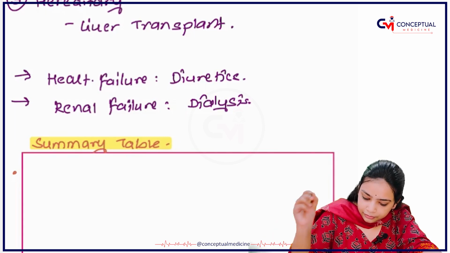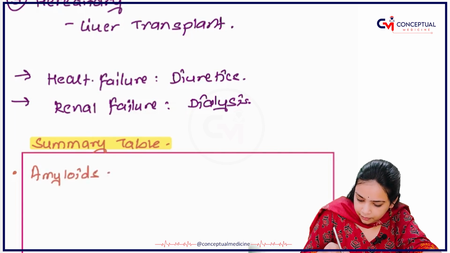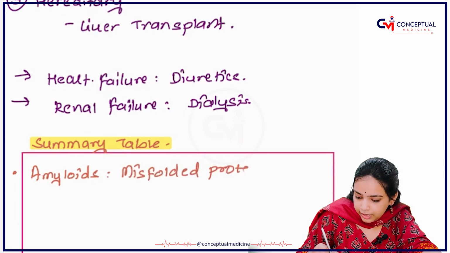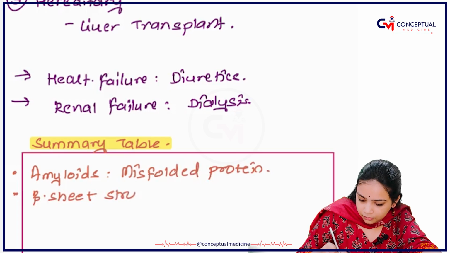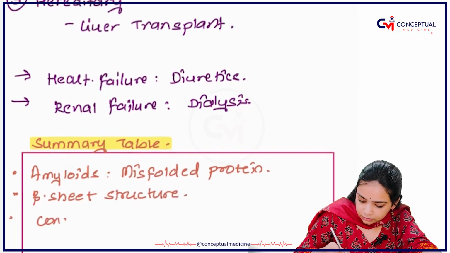First thing, amyloids are misfolded proteins. See, we will only write the keywords. Then beta sheet structure, Congo red stain,